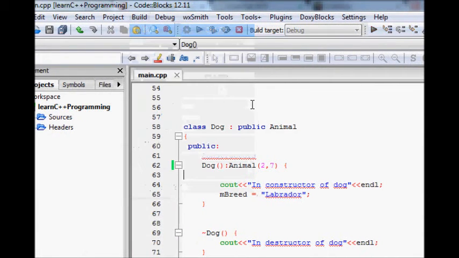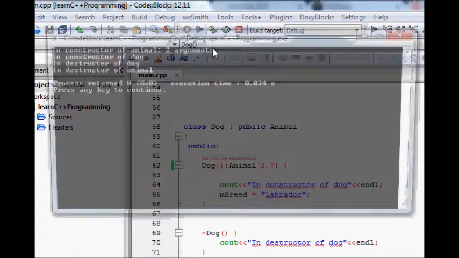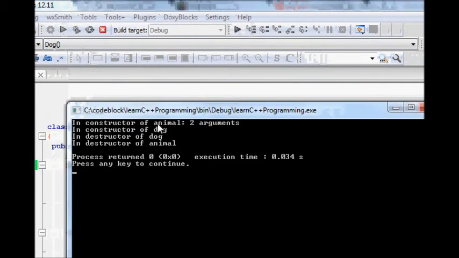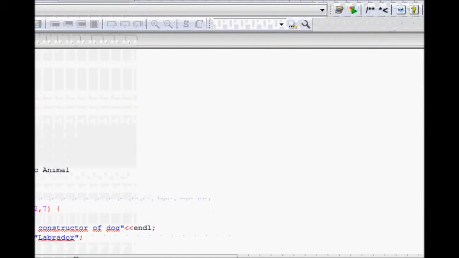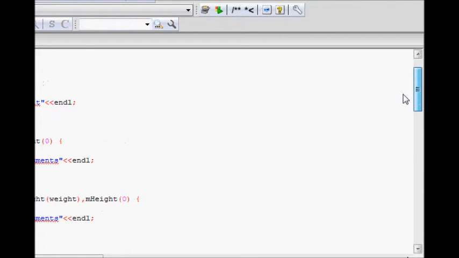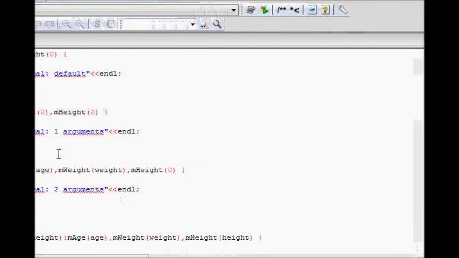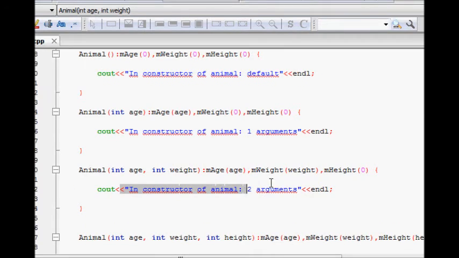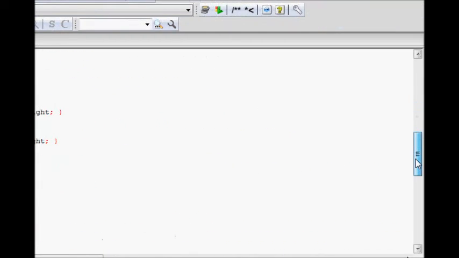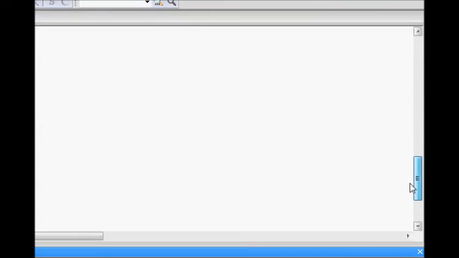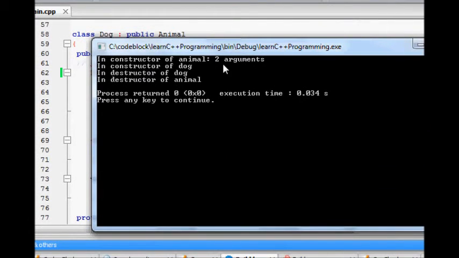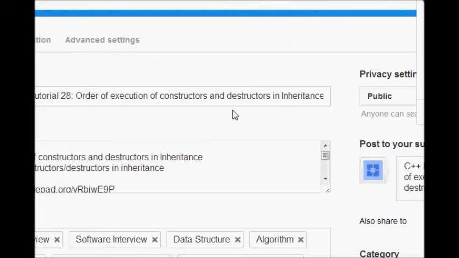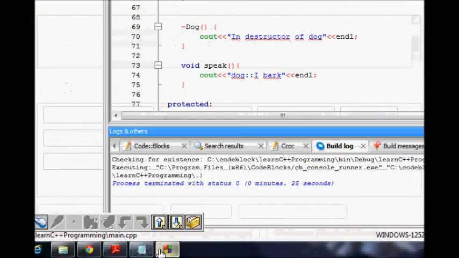We pass this, then build and run it. You see now that in the constructor of animal, it is the constructor with 2 arguments that is called, because now we are passing 2 arguments here. It seems fine, and then you call the constructor of dog.